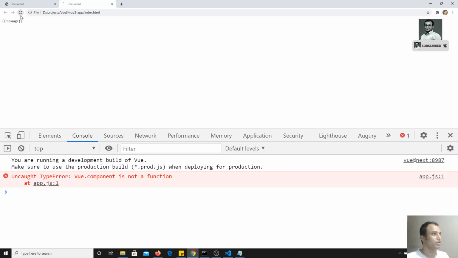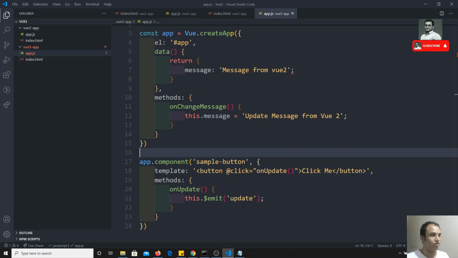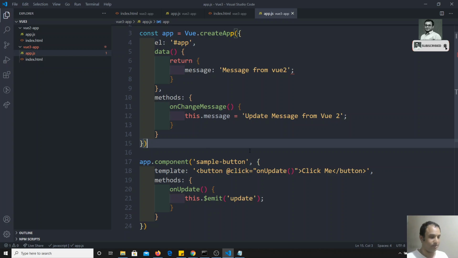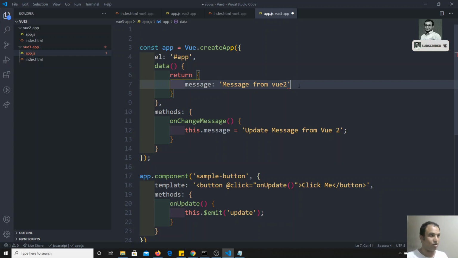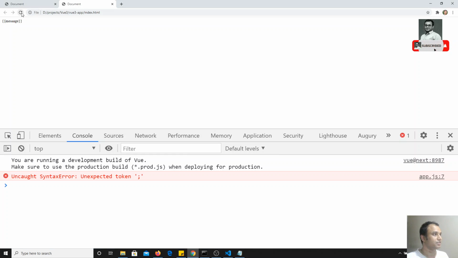Now if I refresh this, I am still getting an error at app.js line 7. What is that error? Oh, it's a semicolon, no problem. If I check the output, I am still getting an error, but here it says no errors.